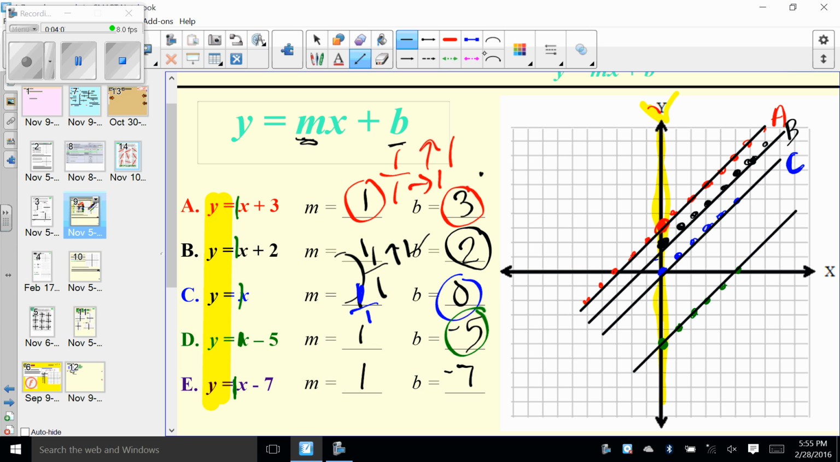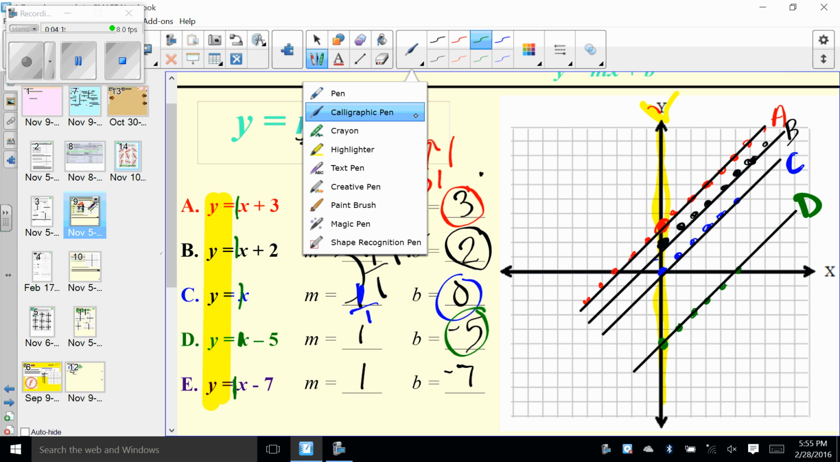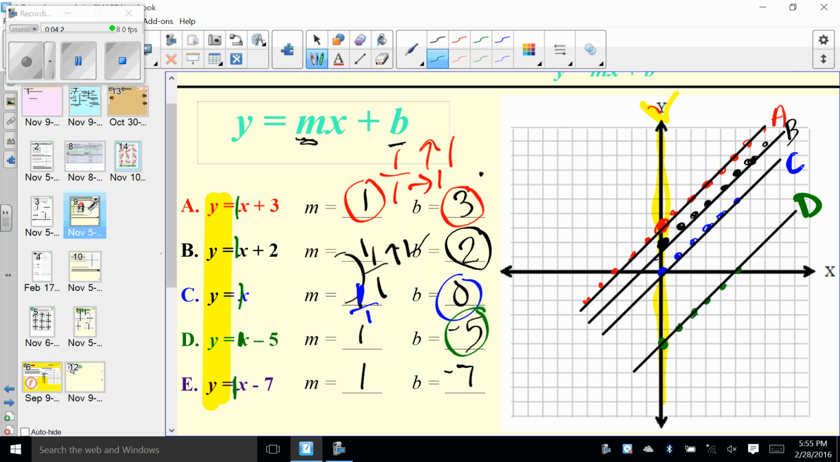There is our graph. So we have y equals mx plus b. And there's our graph. That's line D. Starting at negative 5, rise 1, run 1. Moving on to line E. Line E, we start at negative 7. I don't have that color available to me. So negative 7 here is our y-intercept, and we're going to rise 1, run 1, rise 1, run 1, all the way up. And then this would be our last graph there,